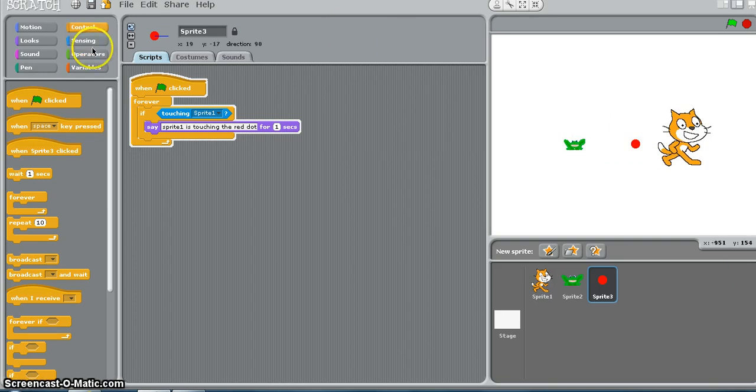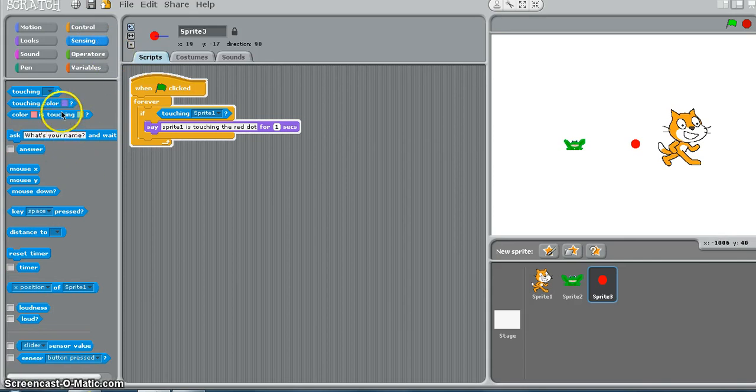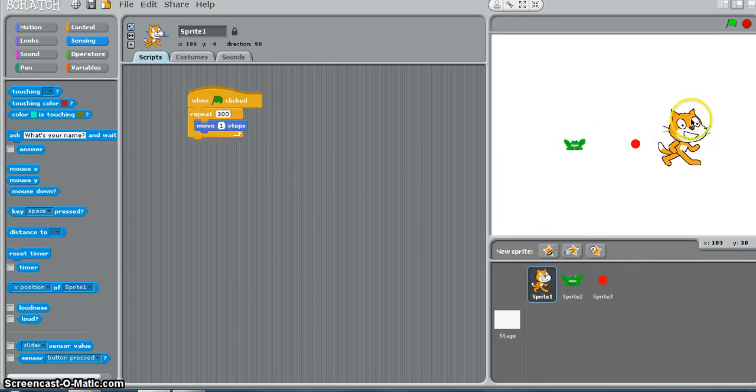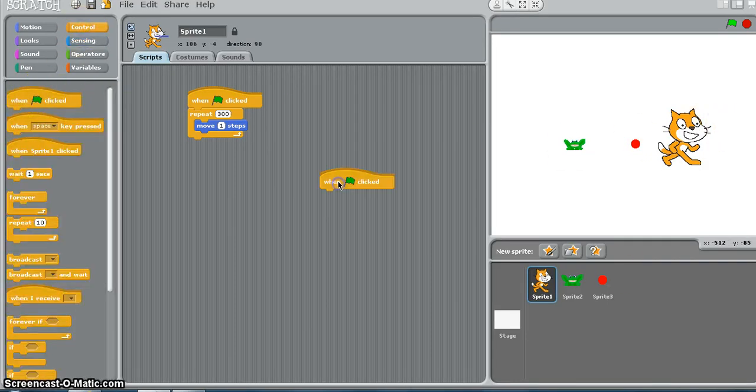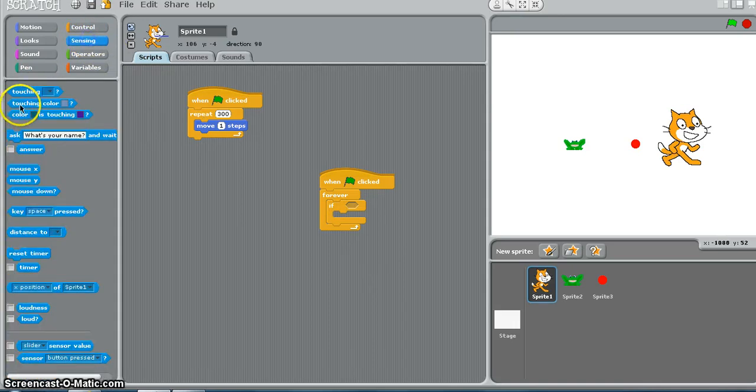Now let's go back to our sensing again. If you're looking at if touching, okay. Now for the cat, we haven't used this touching red color. For the cat, what we would say here is control, when enter is pressed, forever. We'll use the if condition inside and I'll say if touching color. What color would that be? Red color. If touching red color, I would say the cat should